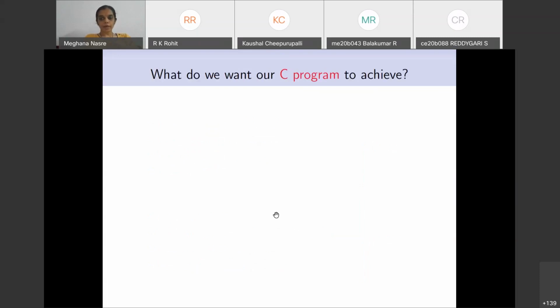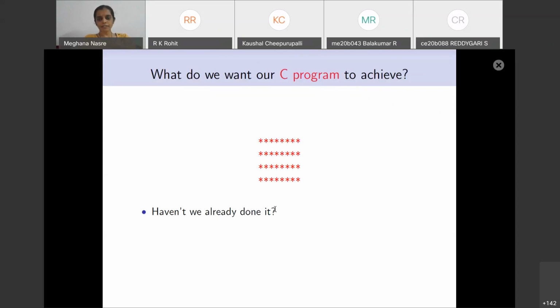Whenever we want to write a program, we should ask ourselves, what do we want our program to achieve, right? So we need to set out a clear set of tasks. Only then we can make sure that our program is correctly written, it is doing what we desire. Therefore, we need to understand what we want our program to achieve. Of course, we may be very ambitious and we can ask very ambitious questions, but at the moment we do not know the language. Therefore, we cannot ask too many things. We are going to ask very modest things.